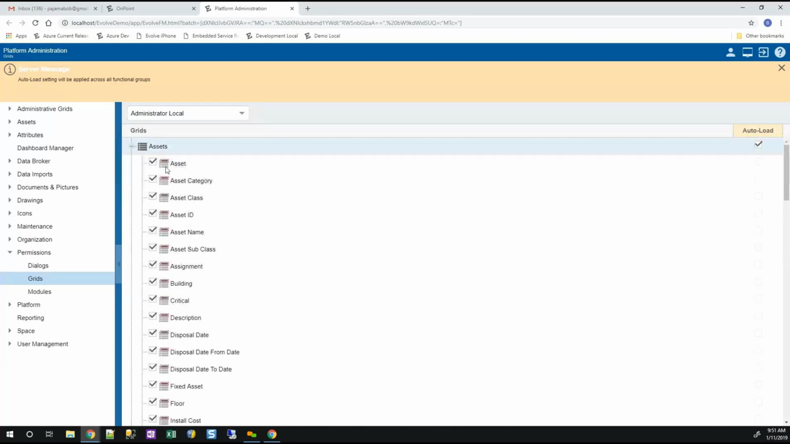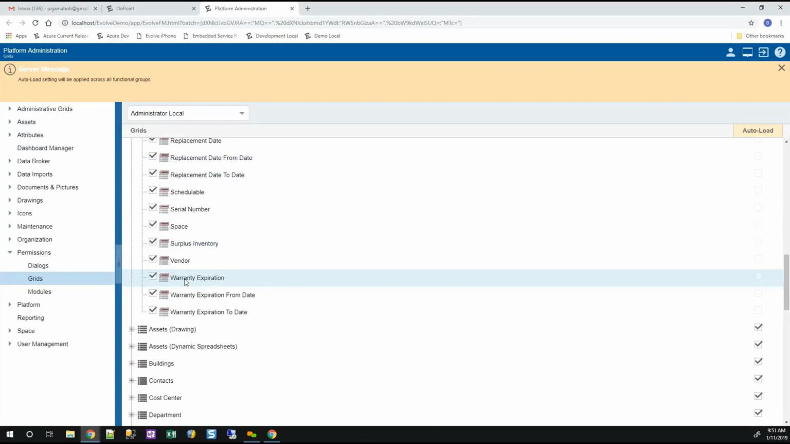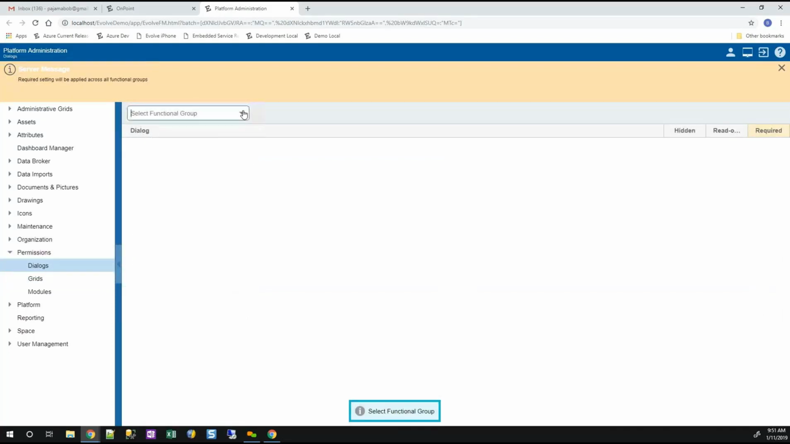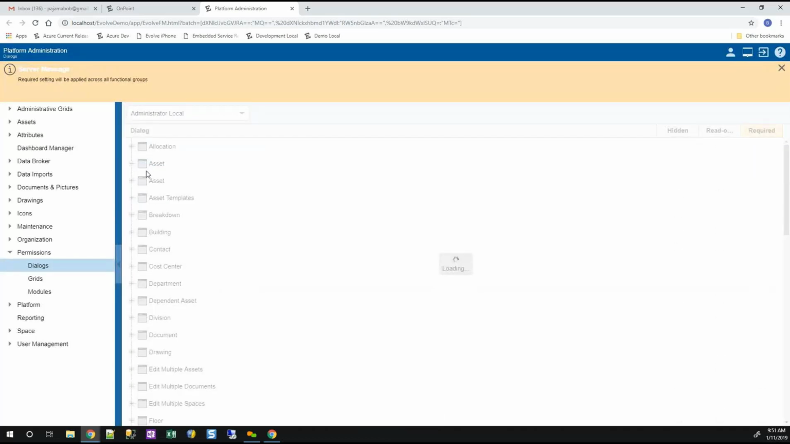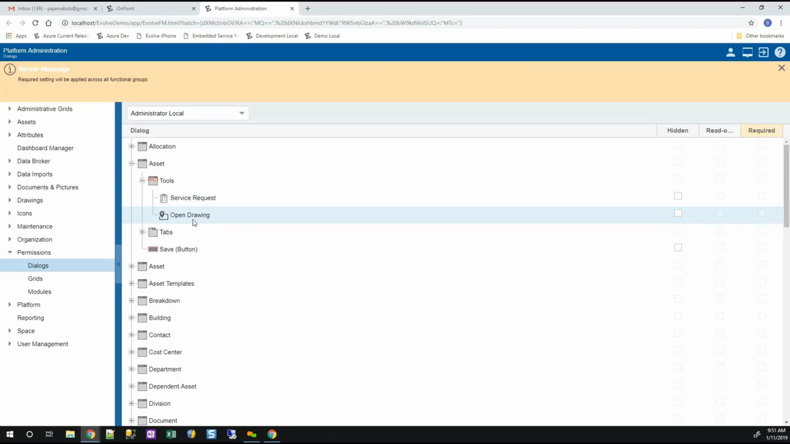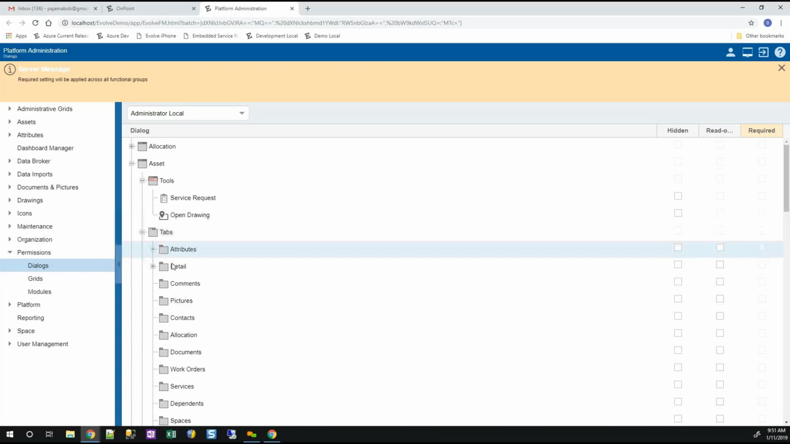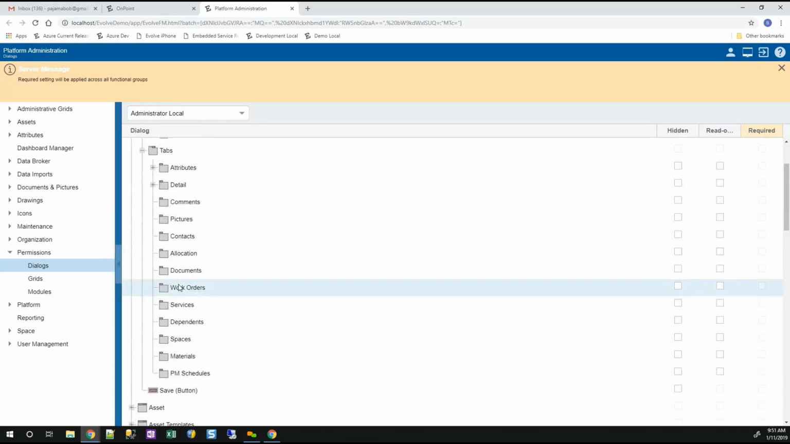and I can decide what fields are available to that functional group in any grid in the system. I can go down to the dialogues, and on the dialogues, and we'll pick assets, I can do this as granular as I want or as high as I want. At the tool level, I can decide what tools they have access to and can use. I can go and hide tabs, which, quite frankly, given the scope of what we're adding for spaces and assets,